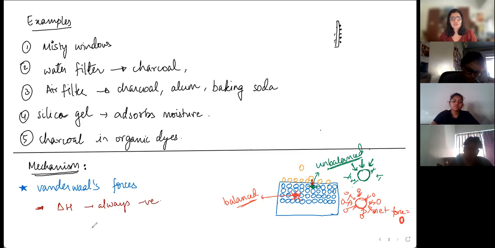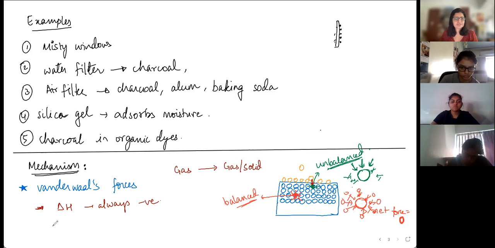Okay. Also, think of the process that is happening here. The orange particles, initially they were in gaseous state. Once it is sticking to solid, it's stuck there, gas on solid. So during this process, what is happening to the entropy? Entropy increases or decreases? Because it's getting stuck, there is no random motion, right? So the entropy will decrease. Entropy decreases, which means delta S will be what? Positive or negative?